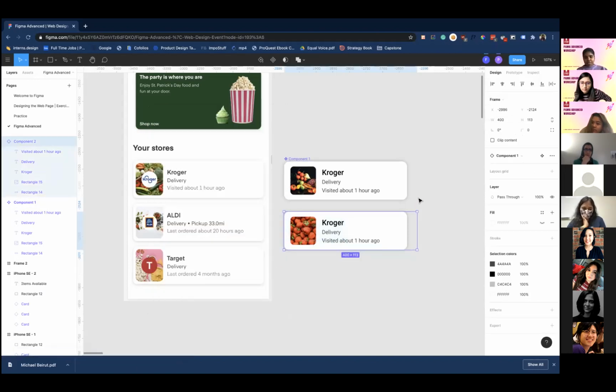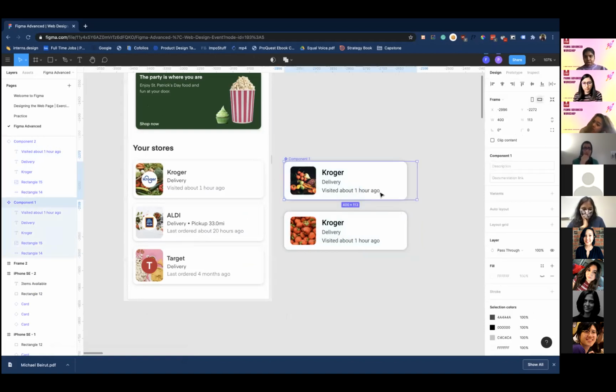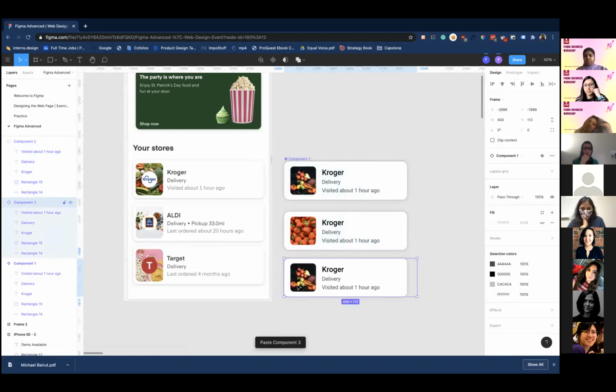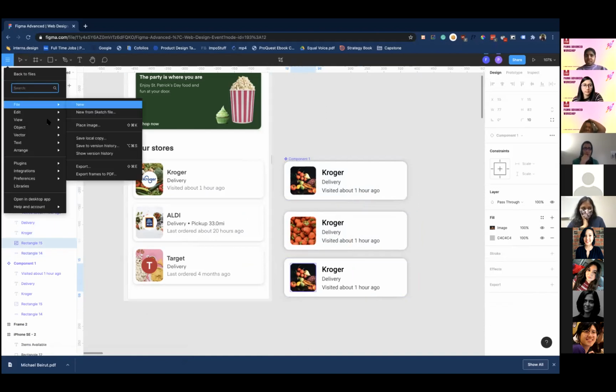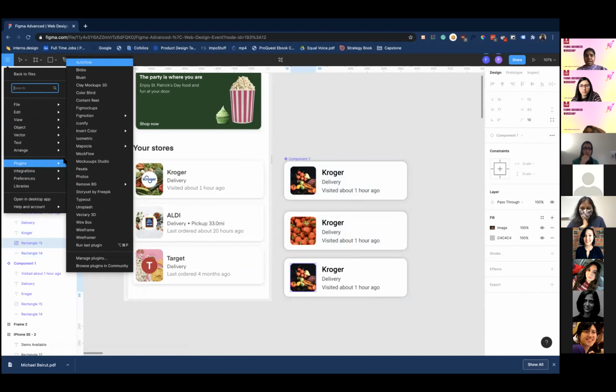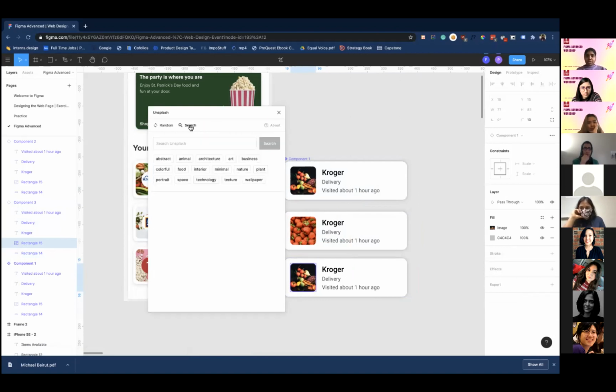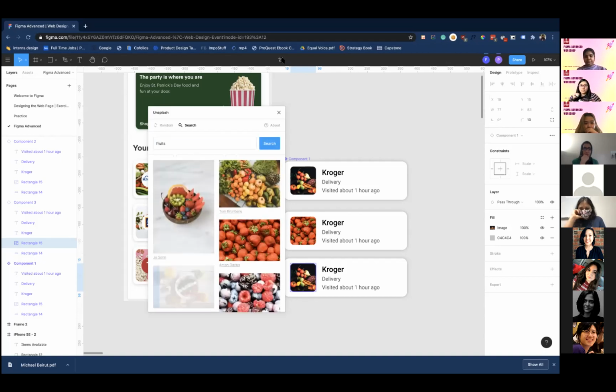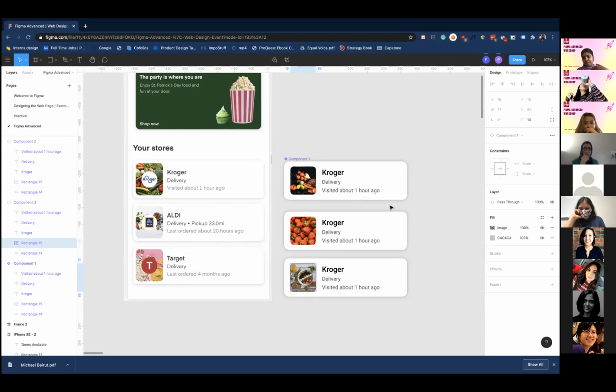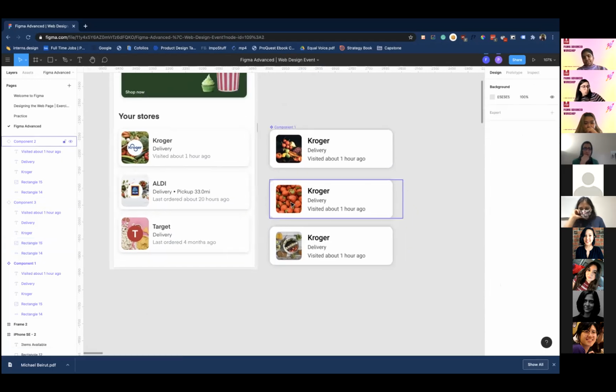Now if I copy paste the parent again, no child will get affected. If you change a child, its siblings or its parent won't get affected in any way. So basically, if you are making a change to the child element, it will just be focused on that child. It won't be affected by the parent or the siblings. But if you are making a change to the parent, all of the children elements will be affected. So see, all of these three have unique images while the